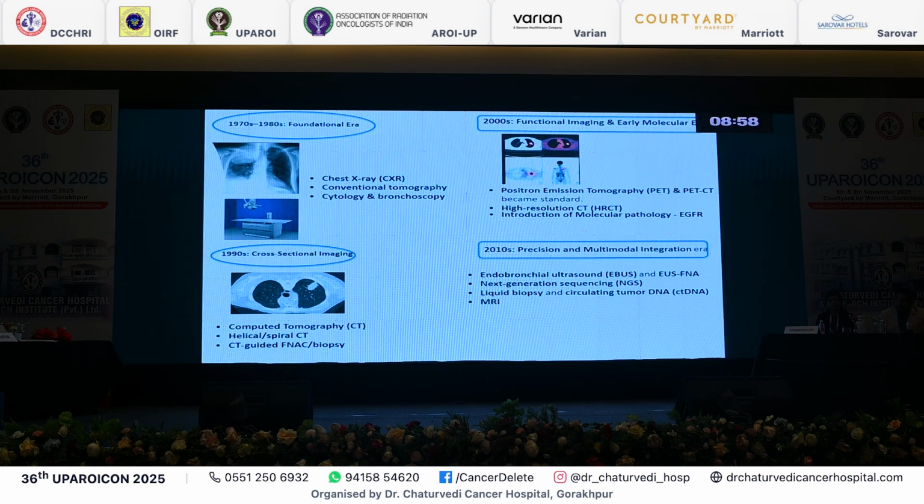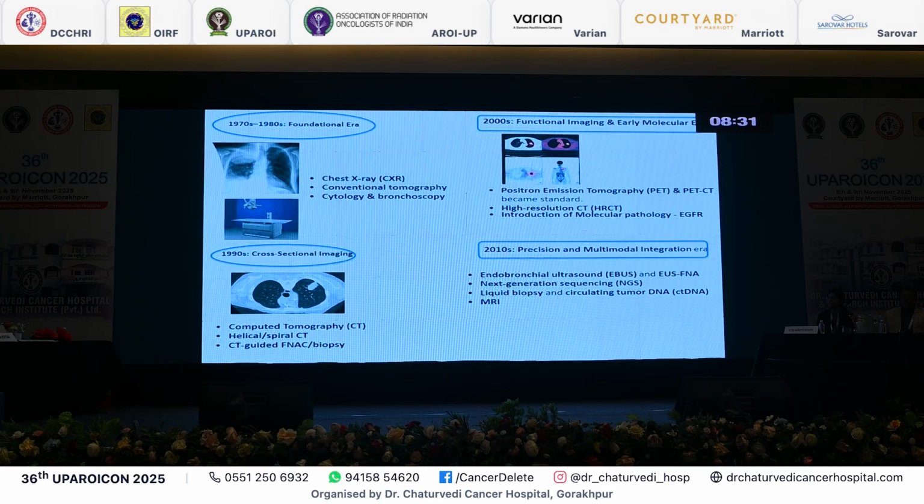So what happened? We were not satisfied with chest X-ray because we were just seeing a lump in the X-ray. How to diagnose whether this is tumor, inflammation, or consolidation, we were not able to do. Gradually, when cross-sectional imaging like CT scan came, we were able to see the location of the tumor, the size of the tumor, everything. And based on that, our treatment also evolved. Up till that era, we were dealing with 2D RT.